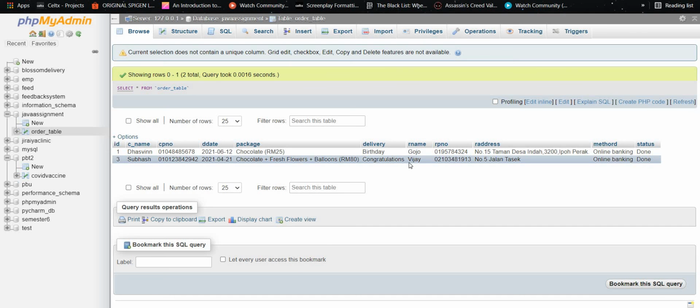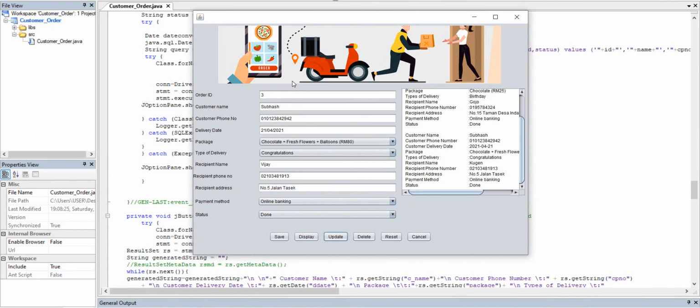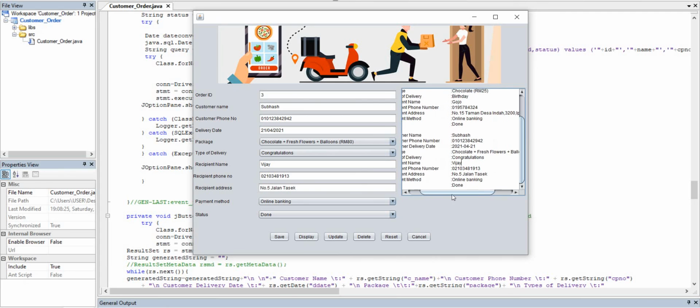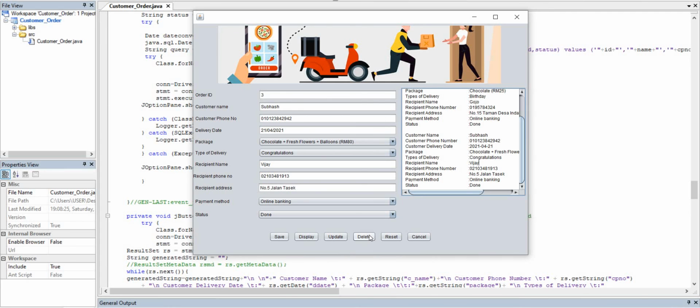Here in receipt name, before this it was Mugan, but after we changed it is Vijay. And in the output also we can see. Let's display again. Display. No, the output. Yeah, got it already. It's automatically come out, sir. The Vijay. Delete.